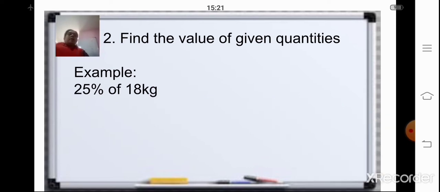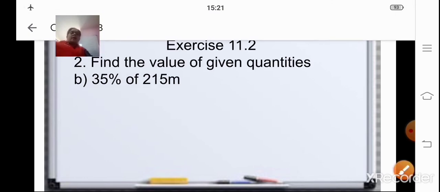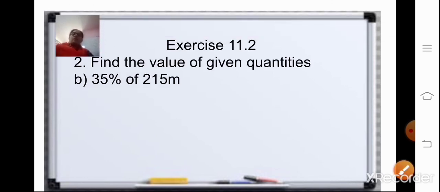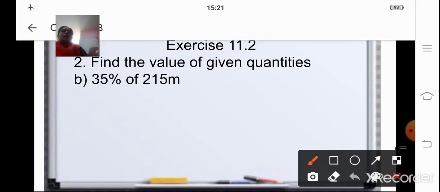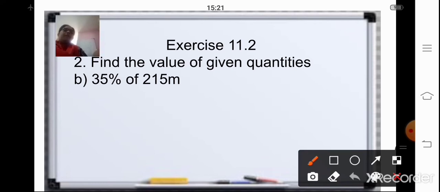Yes. Coming to the exercise sums. Same exercise 11.2. We have to find the value of the given quantities. Now the first sum for you is 35% of 215 meter. Okay. So first step, we'll go step by step. So we will first change this into fraction. So that will be 35 upon 100